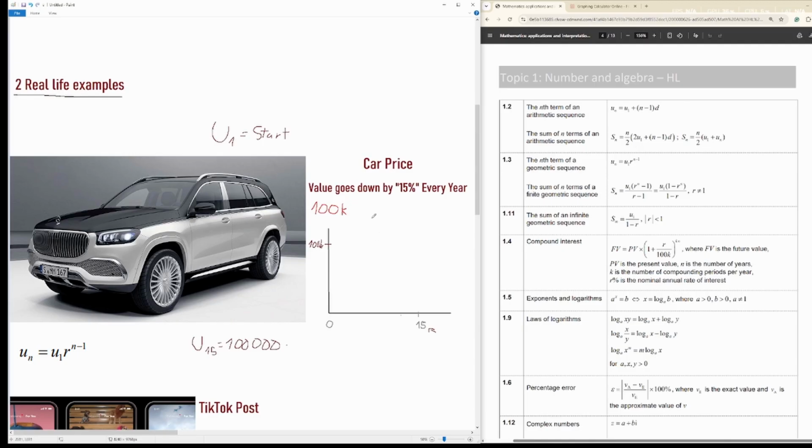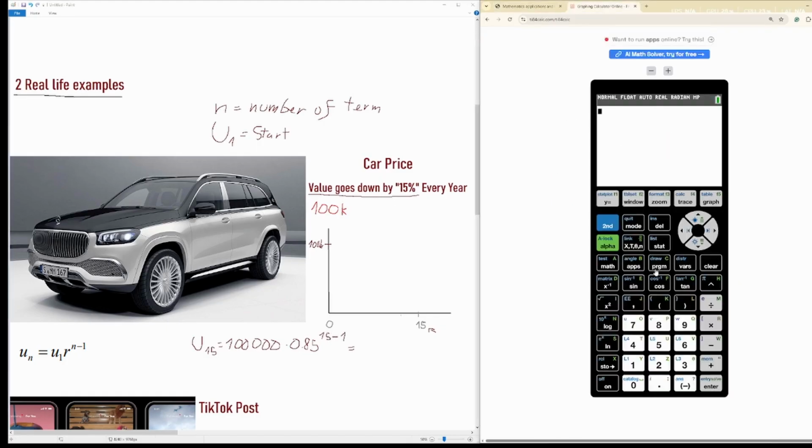r. And in this case, if the value goes down by 15% every year, we have to understand that the value remaining is 0.85. And then n, just to make sure you remember from the previous lesson, is the number of the term, and it's usually a time period. And as we're searching for the 15th year, we put it to the power of 15 minus 1, because that's the formula. We get the answer by using our calculator: 100,000 times 0.85 to the power of 15 minus 1. And we get the value to be